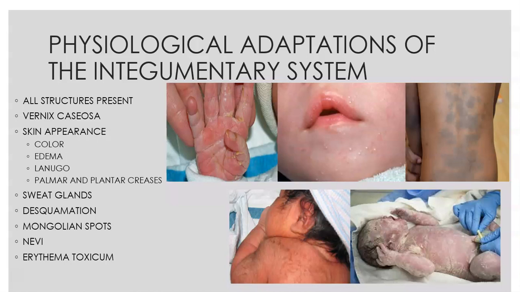So some other things you might see, if you see what's called a port wine stain or hemangioma, those are concerning and should be reported. So they are like a clearly demarcated red area, maybe on the face or anywhere on the body. The reason these are a problem is they are highly vascularized and they have to be watched because they can cause functional difficulties for the baby. If it's on the face, for instance, they could get big enough to block the airway. Sometimes they do need to be surgically removed, but they should be monitored.